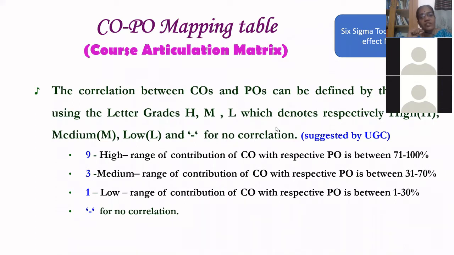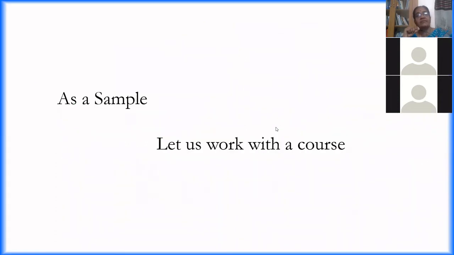So what contribution is possible from this course outcome to this particular PO, how far they are related, whether it is lightly correlated, it has no relation at all, or whether it is moderately related to that or strongly related to that, that you have to decide. So we cannot calculate the percentage, but depending on the content, you can decide whether it is strong correlation or light or moderate correlation. So you are going to use only the weights as 1, 3, 9.